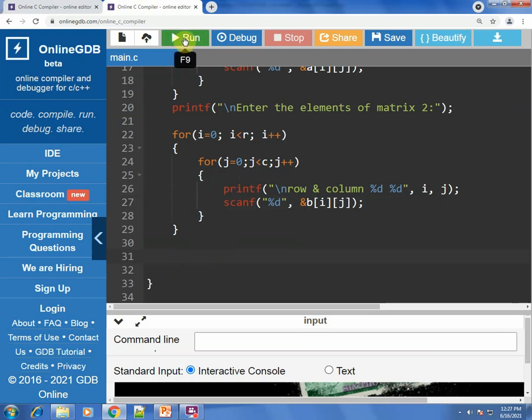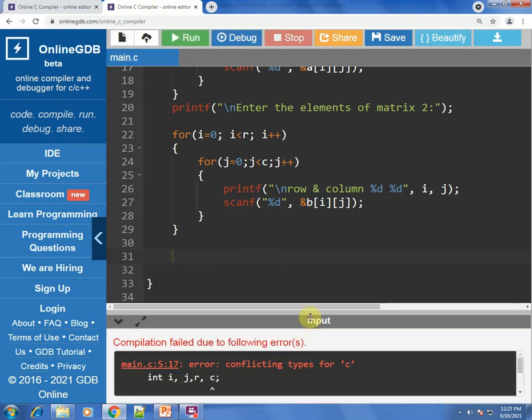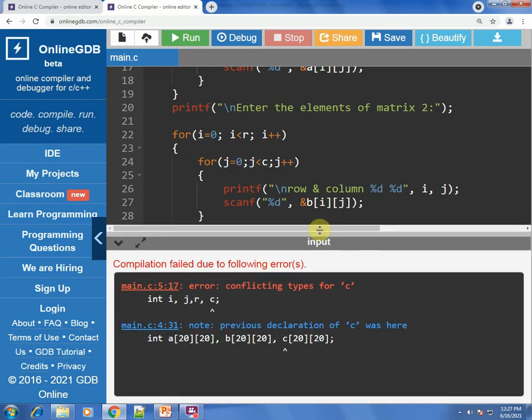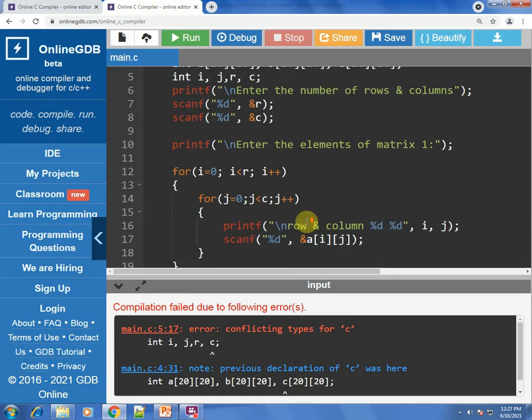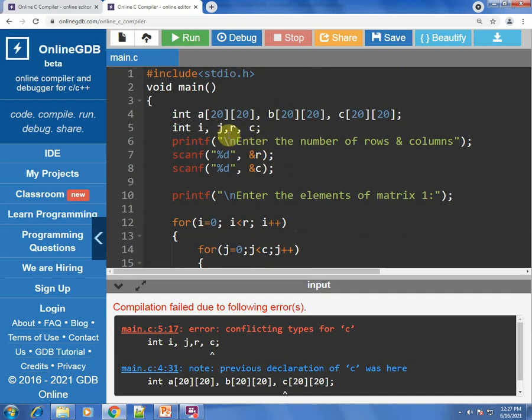We'll just execute the program and see if there are any problems or any issues. Alright, so here there's one conflicting type. Okay, I have named that wrongly. So what we'll do is we'll change the name of the output matrix over here, or two-dimensional array, say sum.